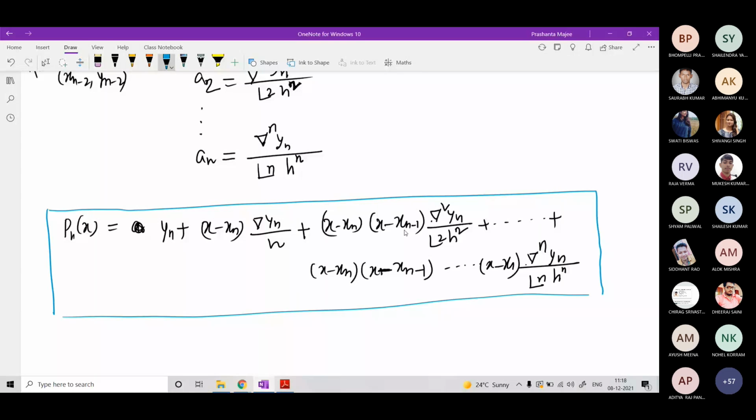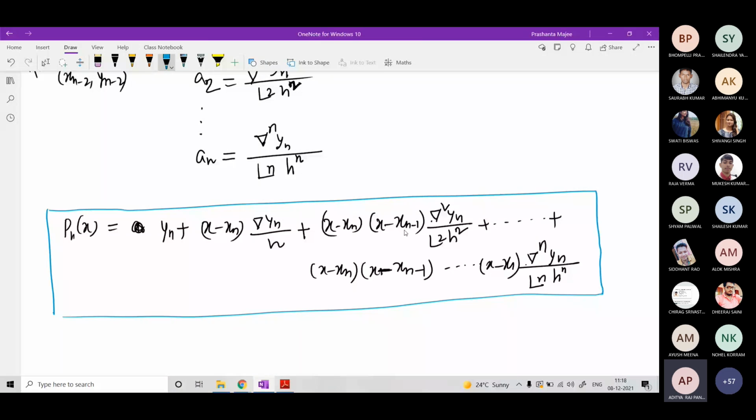So it is very similar. If you remember forward difference, you can remember the backward difference. It will start with yn and xn, and instead of forward difference, it will be backward difference. Okay. So let us